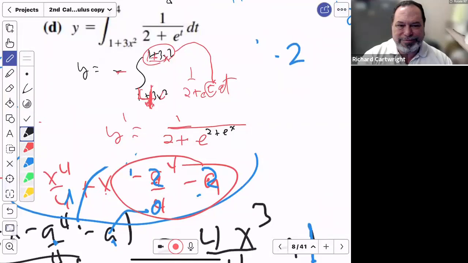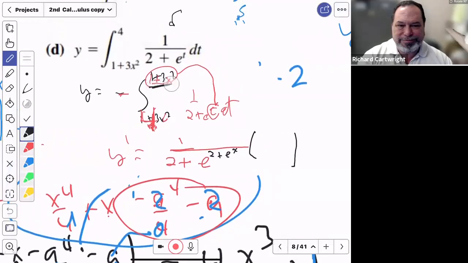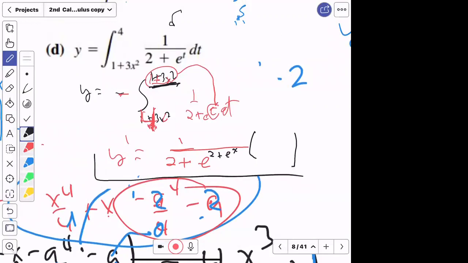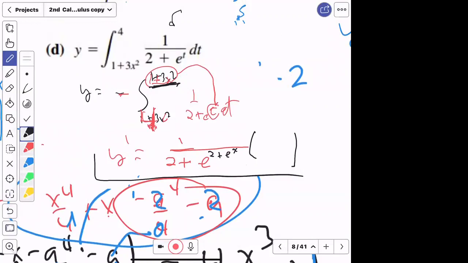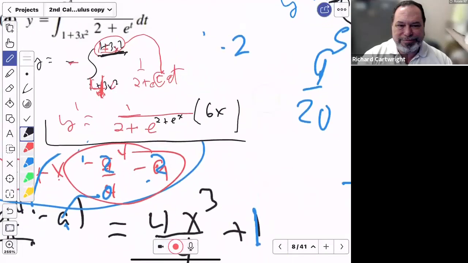Except for one small thing. I still have to multiply it by the derivative of the function that I put on top. What is the derivative of 1 plus 3x squared? x plus x cubed. No, the derivative, not the anti. My bad. I got confused. Me too. It would just be 6x. You could probably make it look a little better by saying 6x goes on top, 2 plus e to the